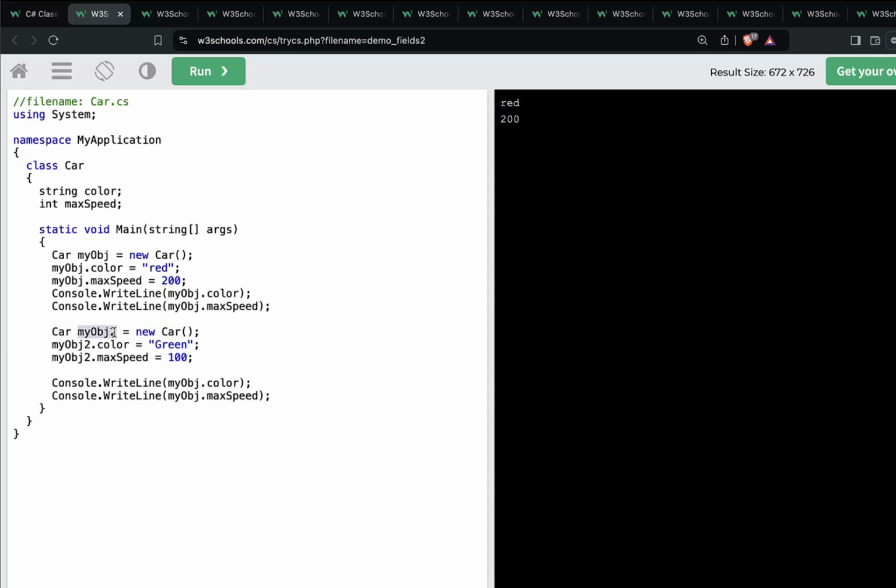So using my object 2, I change the color to green, and I change the max speed to 100. Now I use console.log, but I'm still printing the old object. I want to see if I change the color using object 2, will it affect object 1 or not? So if you hit run,